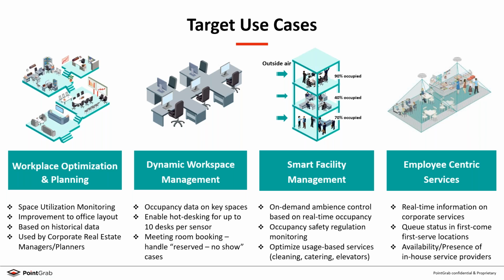These are the basic use cases, and on top of that, we see more advanced use cases, starting with smart facility management. I mentioned before, you can connect the system to building management or building automation systems to provide on-demand ambience control based on the occupancy, so controlling the ventilation, the air conditioning or the lighting based on the occupancy in that specific space. I mentioned some safety applications, so counting how many people are on the floor and making sure it's not more than the regulation, and optimizing other services which are more usage-based, whether it's cleaning the washrooms, or calling elevators when noticing that a large group of people are moving towards the elevator lobby,